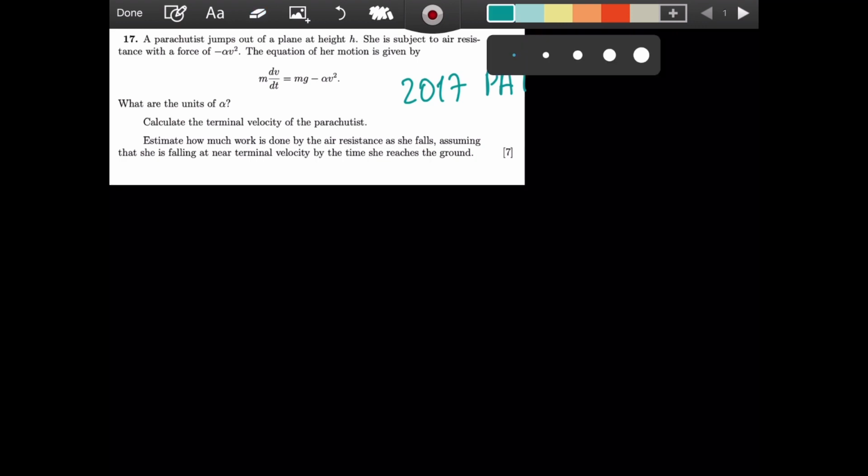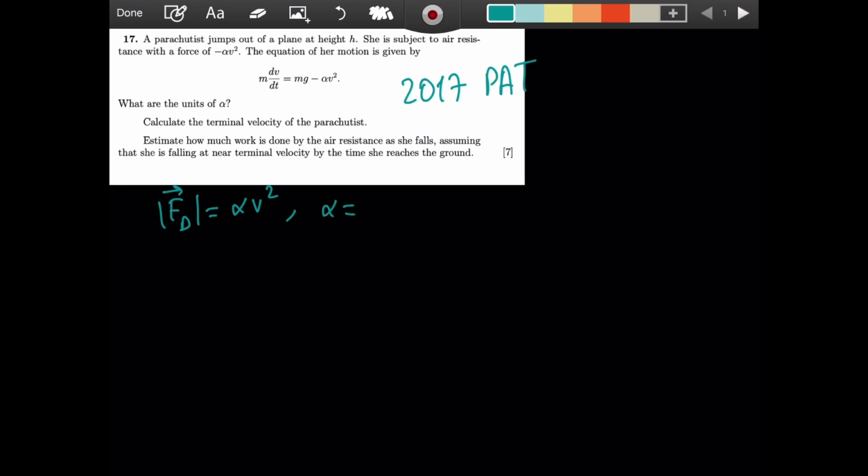So it says, what are the units of alpha? Well, we know that the force of drag, the air resistance, is alpha v squared, and by putting the absolute values, I highlight that I am interested in the magnitude. This means that alpha is equal to the magnitude of the drag force divided by velocity squared. Now, if I take the unit of all the quantities, and I do that by putting these brackets around,